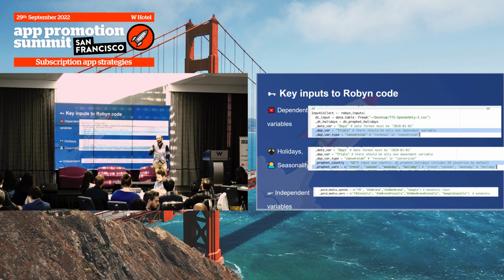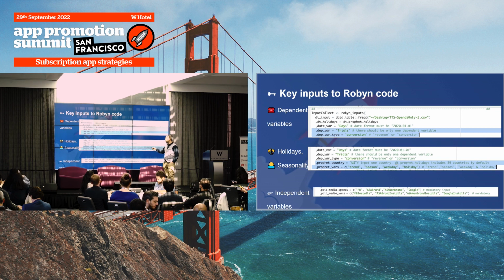And typically, that's not necessarily a direct influence of immediate marketing. So as your V1, I almost always recommend taking trials as a conversion. Take the holidays and seasonality is already factored into the model that's already there, but you can modify it if you want, depending on the geos.